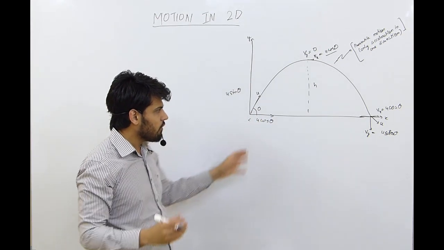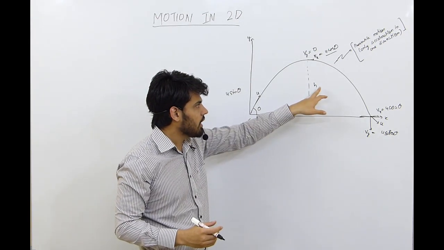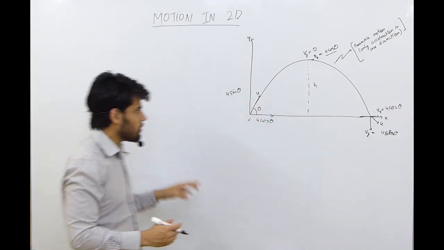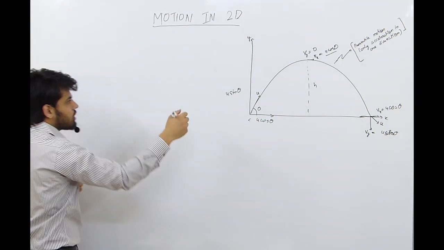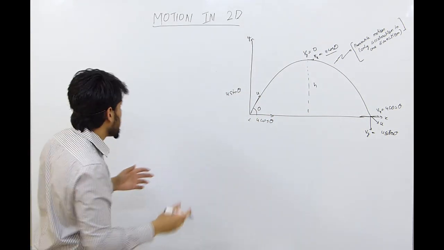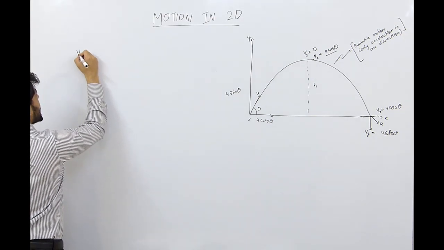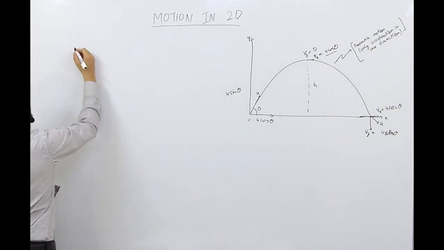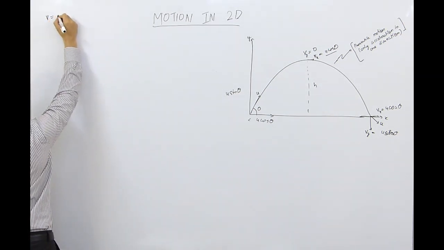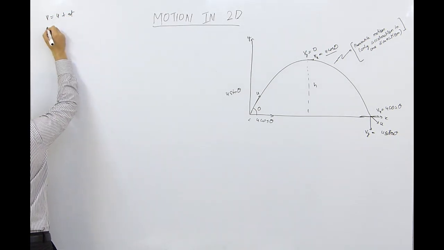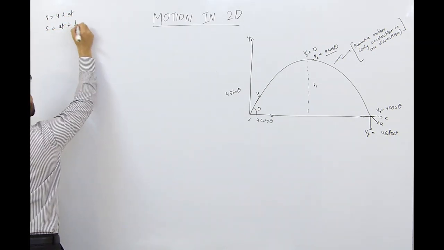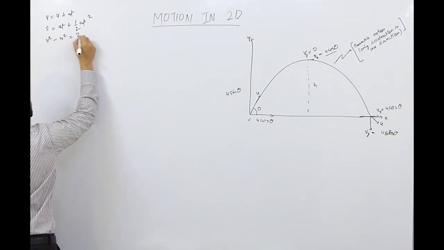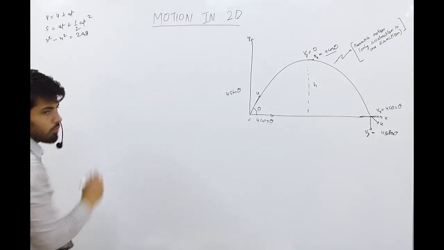First of all, we just assume what will be the height attained by this object if it is thrown with a velocity u. So we will consider this vertical displacement. Taking the equations of motion, we have to find h, so we will take these 3 equations which you must be knowing. v is equal to u plus at, s is equal to ut plus half at square, and v square minus u square is equal to 2as. This you must be familiar with.